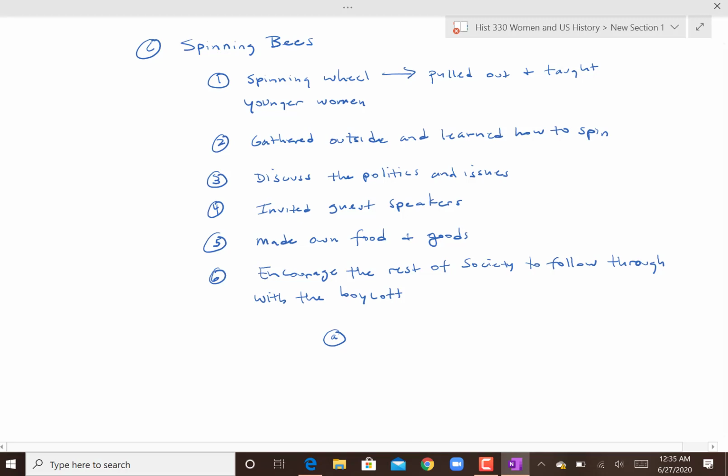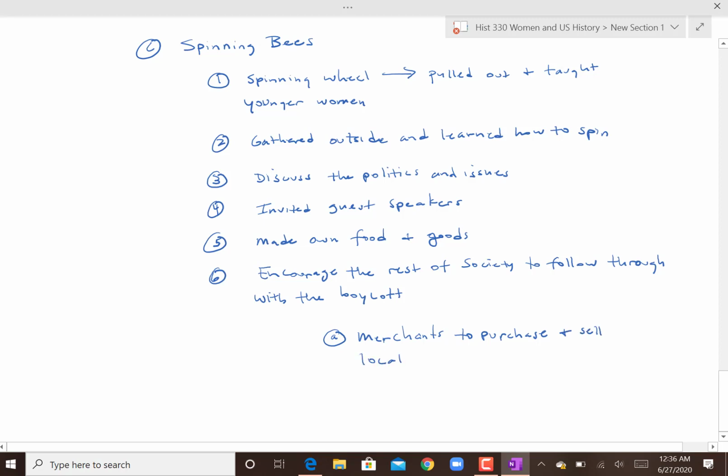They did a couple of things. They worked with the merchants to purchase and sell local goods. So women were making all of these homespun goods. They weren't all spun, but that's what they just called them, homespun goods,